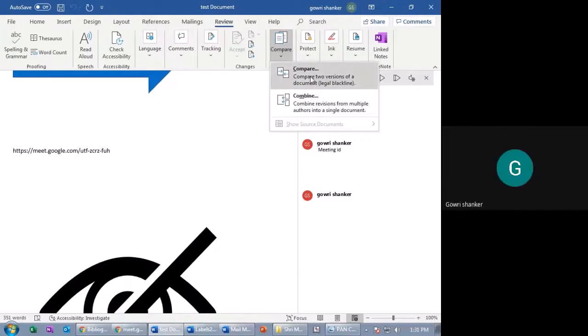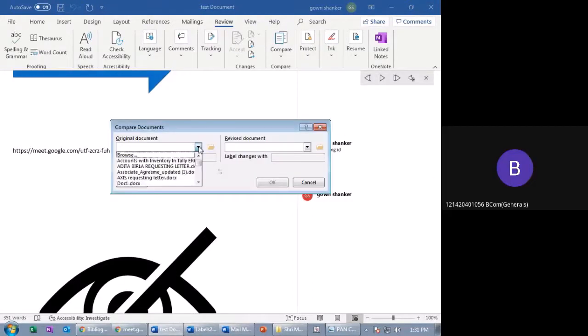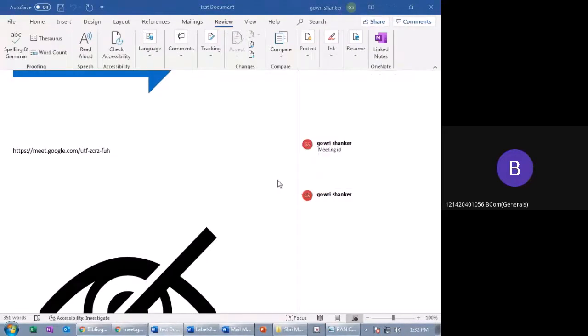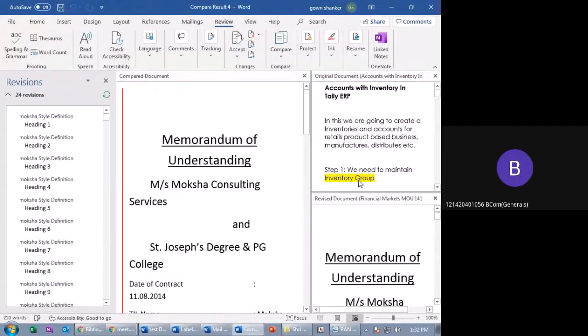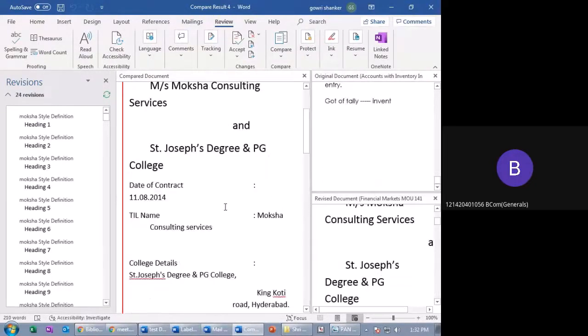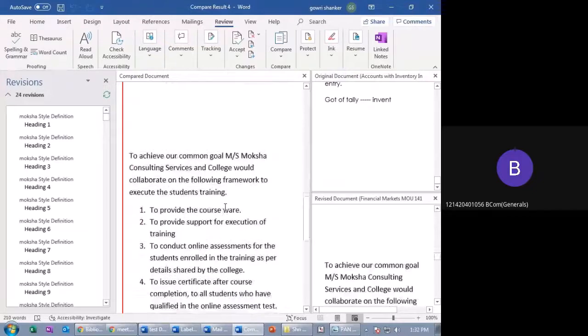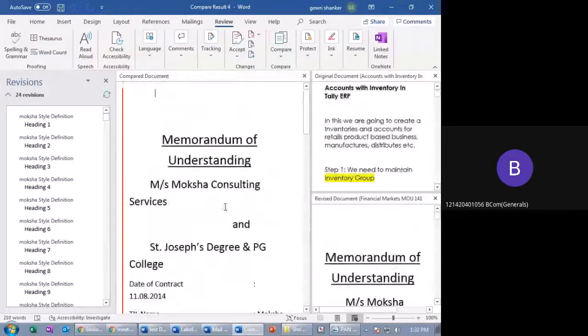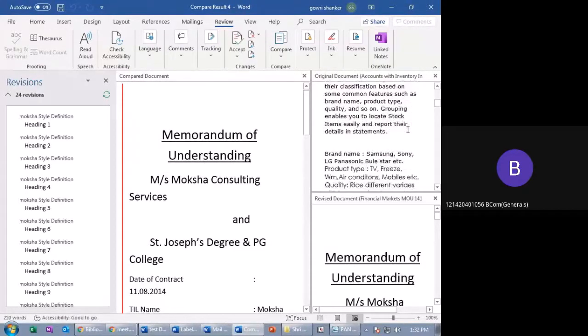Comparing means comparing two versions of the document. For example, I want to compare this with accounts with inventory and Tally, the revised document. Now it is showing Compare. You can see here this is the memorandum of understanding, Moksha and St. Joseph Degree College, whatever it is. This is a document statement, and this is another document.